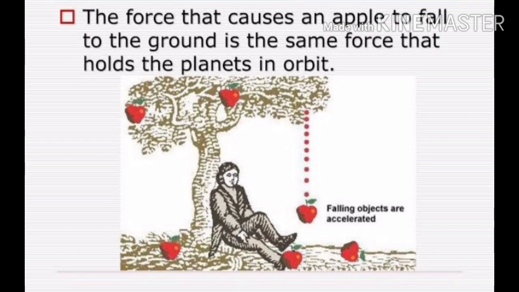Why does a stone thrown up into the sky fall back to the earth? Why do rivers flow down to the sea? How does the earth hold the atmosphere? Is there any force pulling the objects towards the earth? If an object is thrown upwards, there exists a force which pulls it down towards the earth. Because of this, it falls down to the ground. We call this force gravitational force.